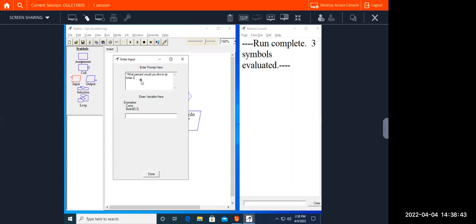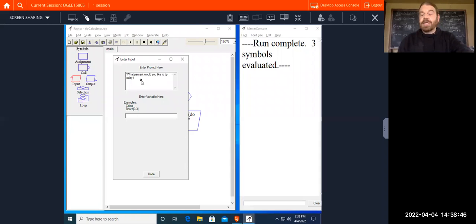Yep. And with the prompt here to the user as well as the machine, because there's different ways we could take percent, right? Some people are going to know that a 15% tip is really 0.15. So they might try to enter the 0.15 like they would if they just pulled a calculator out of their pocket. Or some people are going to put 15 as 15%. So I'm going to go ahead and do it as a whole number. So if we want 15%, we write 15 and not 0.15. So enter what percent would you like to tip today as a whole